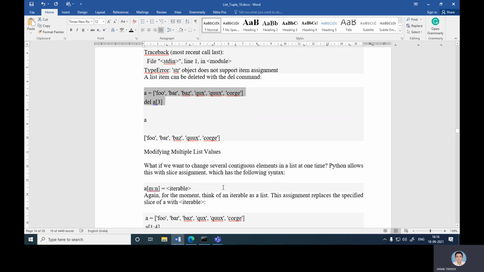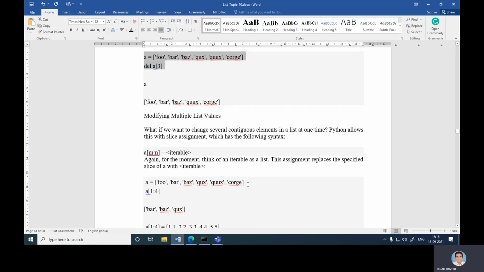Modifying multiple list values. We checked single, now multiple list values. What if we want to change several contiguous elements in the list at one time? Python allows this with a slice assignment, which has the following syntax: a[m:n] = iterable. Again, for the moment, think of an iterable as a list. This assignment replaces the specified slice of a with the iterable.